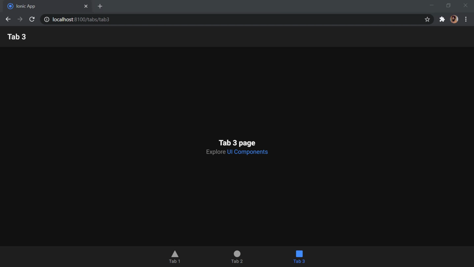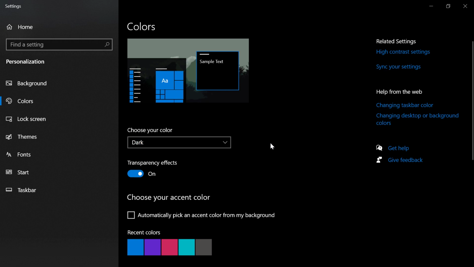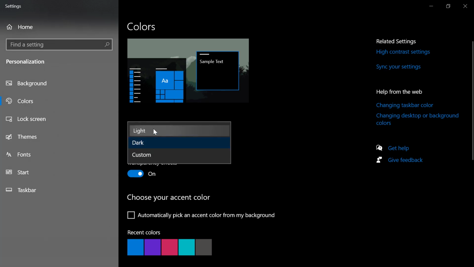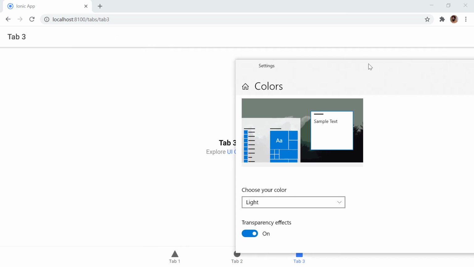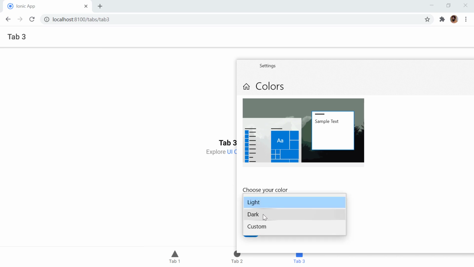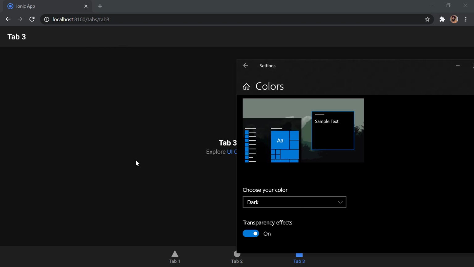This is because I have set the color theme to dark inside of my Windows, and if I change it to light, you can see our Ionic UI already changes to the light theme by default, right? So I will change it back to dark, and now you can see this is changing back to dark.